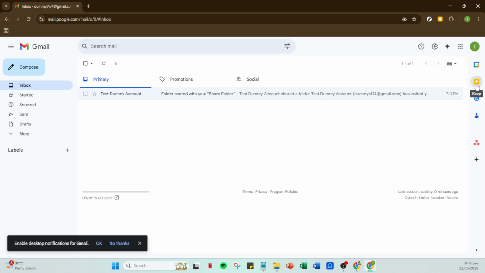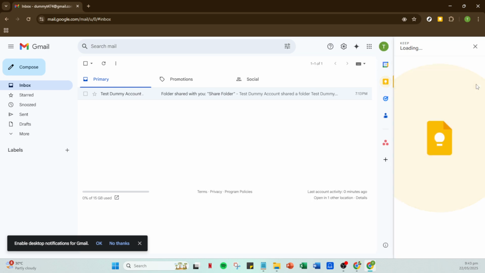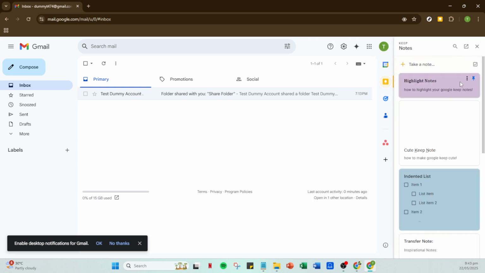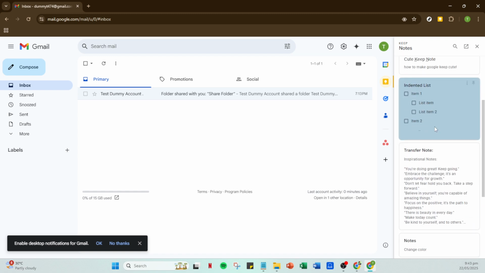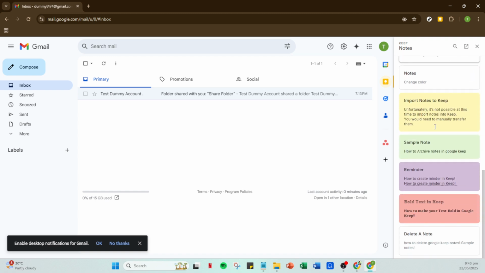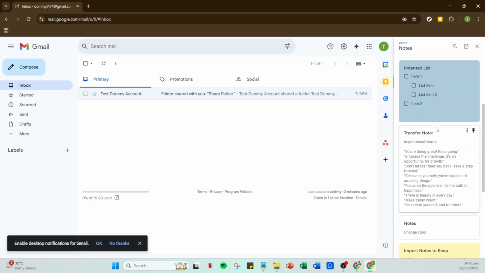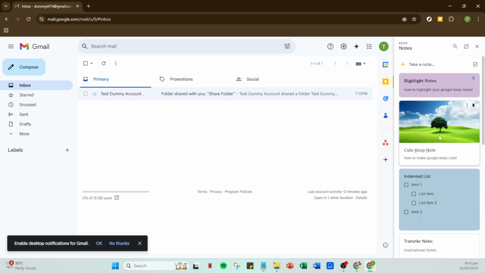Look closely and you'll find the Google Keep icon among these options. It'll look like a little light bulb, which is very fitting considering how it helps illuminate your ideas and thoughts in note form. Click on this icon. Doing so opens Google Keep directly within Gmail, allowing you immediate access to your notes without ever leaving your email